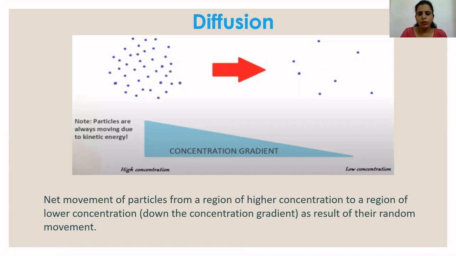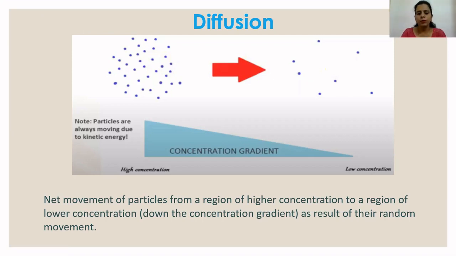The second very important point to remember is how these particles move, and where they get their energy from. You are aware of kinetic energy and potential energy. Kinetic energy is the energy used by any molecule or particle while moving. All these particles possess some kinetic energy, so they use their own kinetic energy to move from higher concentration to lower concentration. This is the second most important point.